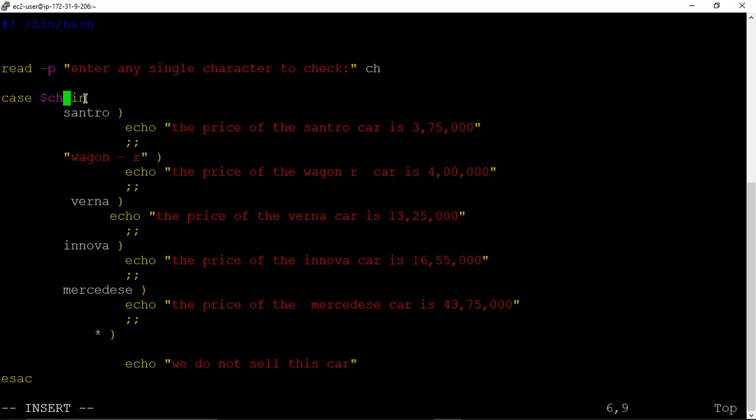That means we are saying check this variable and then perform action. So when we place the character over here, suppose the character is like this, 0 to 9 suppose.